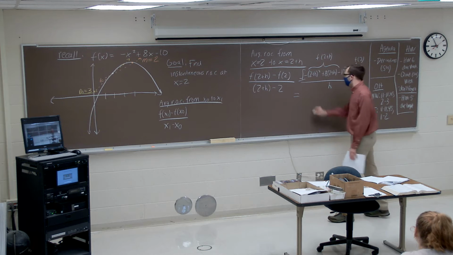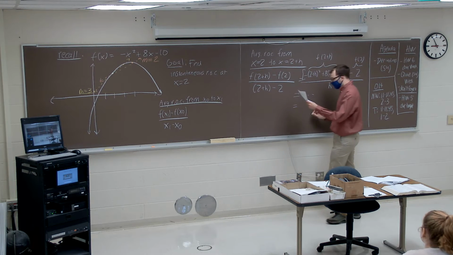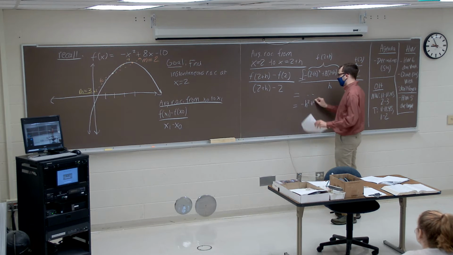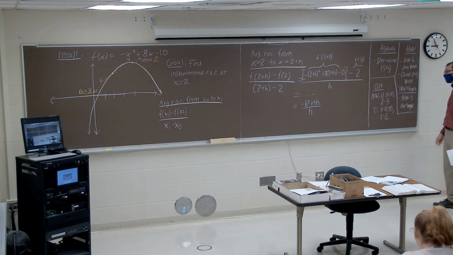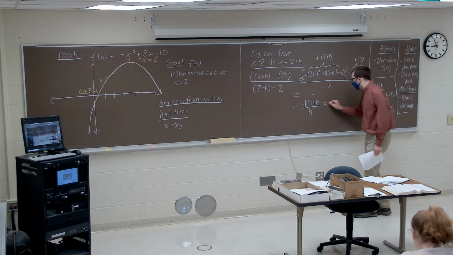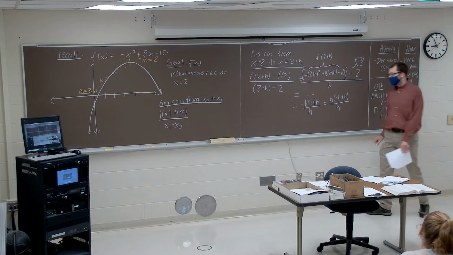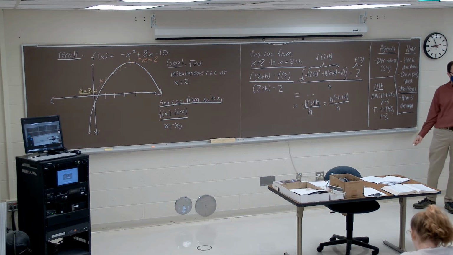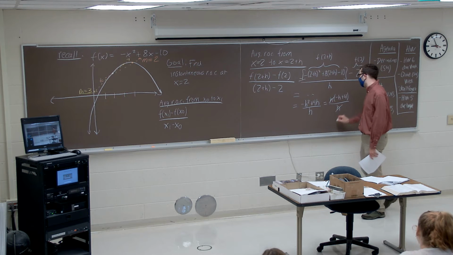We then proceeded to simplify this for a bit, and what we ended up with was the expression negative h squared plus 4h all over h. And then let's see, Josh, I think you proposed we could factor out an h from the top and bottom, leaving us with negative h plus 4 divided by h. If we factor out an h from our numerator, we can then cancel out an h in the top and bottom and say this is just going to come out to negative h plus 4